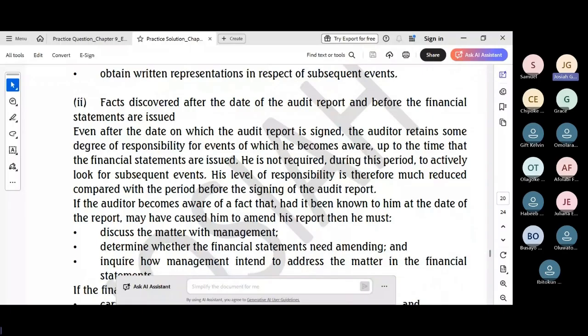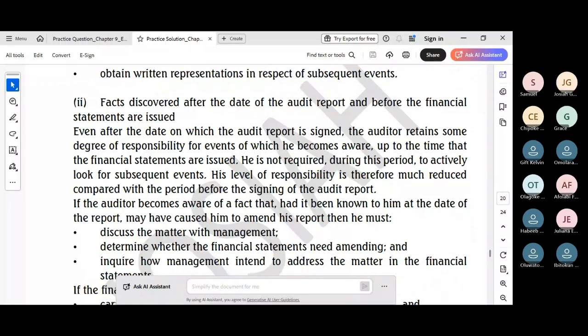What will he do? Number 1 is to discuss with those charged with governance, determine if amendment is necessary, then inquire on the plan to perform the amendment. So those are the 3 things you do. And also you need to detail the auditor's recourse if management refuses to amend. If management refuses to amend, then he has to modify the opinion if it's not issued, or prevent reliance on that opinion if it has been issued, by cascading to shareholders in their meetings.